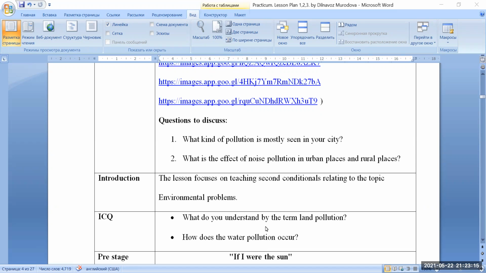So water pollution mostly comes from factories. Factories throw their waste into